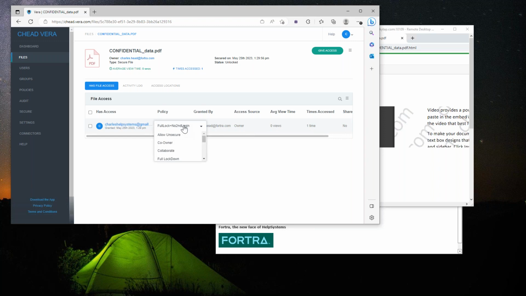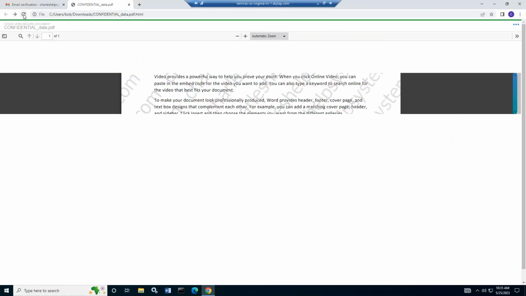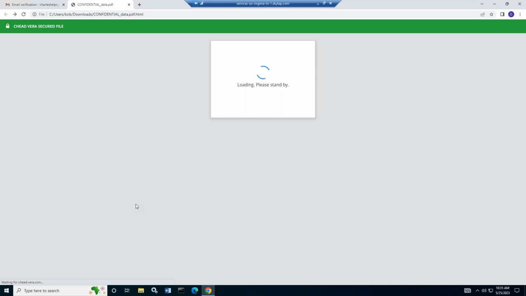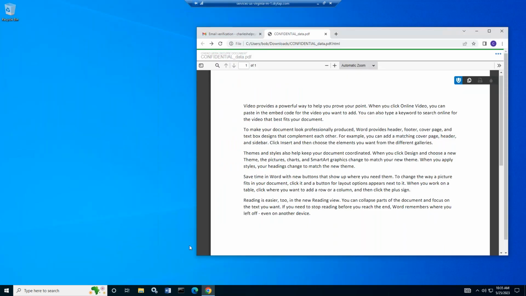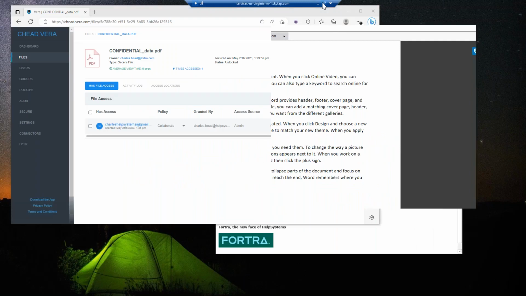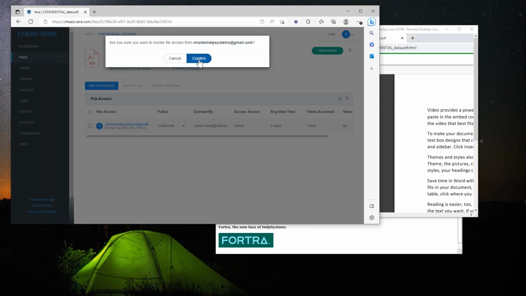And if I were to change this policy to, say, collaborate, and then go back to my Gmail and refresh the view, we can see that I no longer have X-ray, I no longer have a watermark, and now I can actually copy the data if I want to. So now let's go back again, and this time we'll change the access list again, but this time we're going to revoke their access. So I'll click revoke access, confirm that,